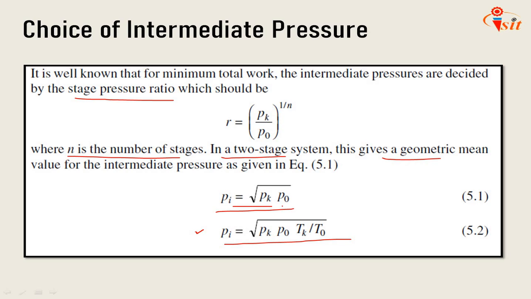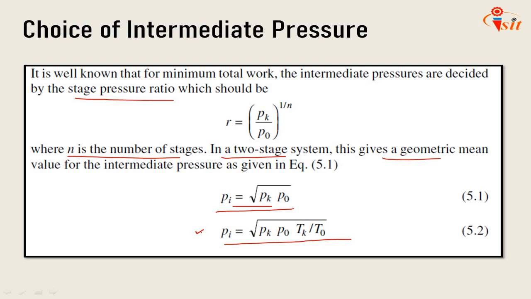This condition is true for complete intercooling to the initial temperature. In a refrigeration system, complete intercooling is not possible as it is done by ambient water or air. Also, it is seen that the discharge temperature of the low stage is much lower than the discharge temperature of the high side. To reduce the discharge temperature of the higher stage, the pressure ratio of the lower stage can be increased with a corresponding reduction in the pressure ratio of the higher stage. Now the second equation is recommended for determining the intermediate pressure in refrigeration systems.